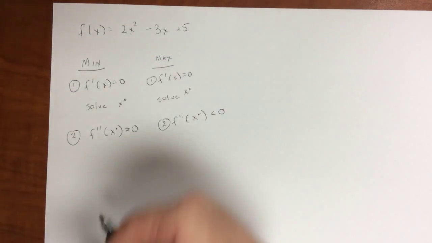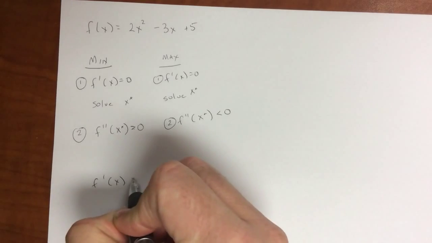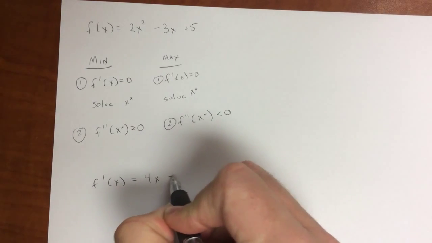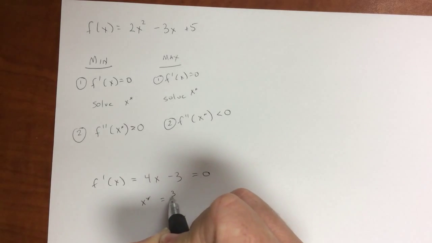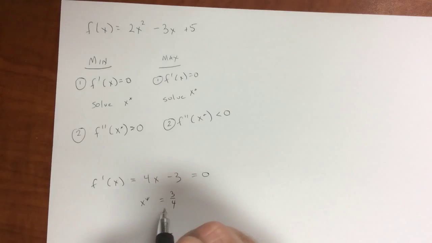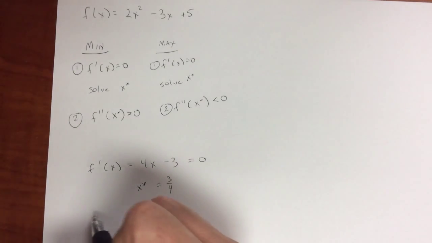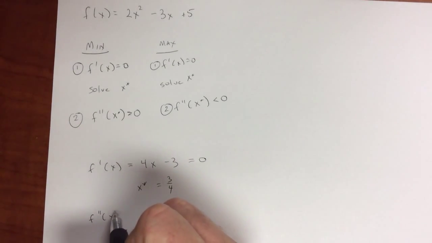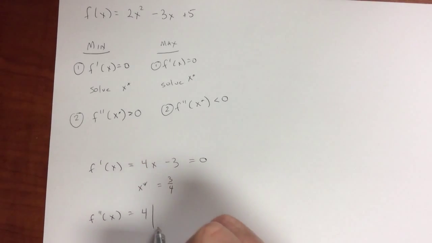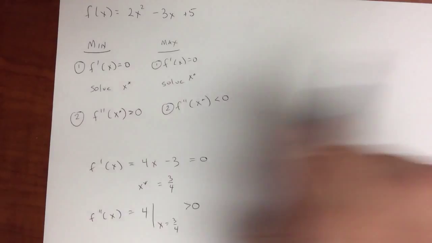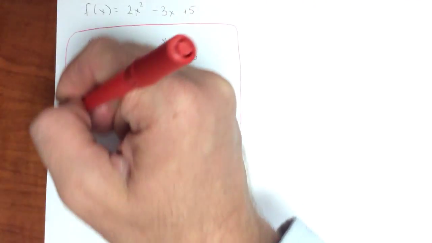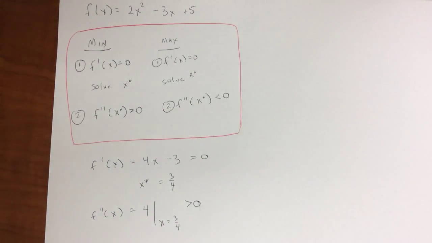So to apply it briefly to here, we have f prime of x is equal to 4x minus 3. We set that equal to 0. So x star is equal to 3/4. Now that's the x that's going to optimize, but we need to know if it's a max or a min. So we take the second derivative, which is just equal to 4. We evaluate it when x is 3/4. Well, there's no x there, so we don't have to worry about that. And we know this is greater than 0, therefore we have a minimum. So this is the box and the equations that we highlight of how we optimize an equation with a single